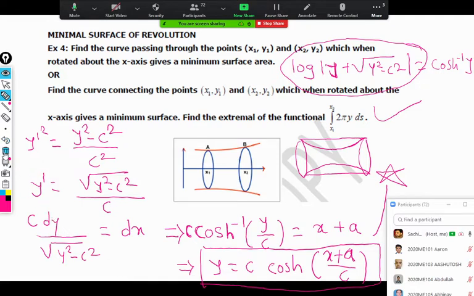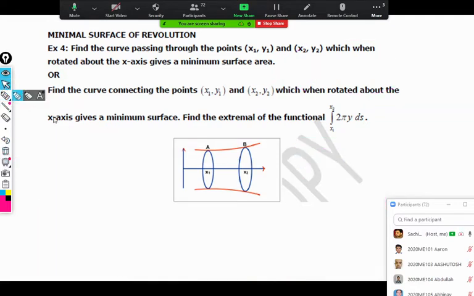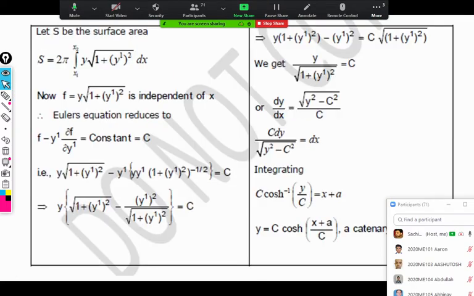So I will erase this because this is already a solved example. I have given each and every step in the solution. You can observe here, whatever we did, exactly the same things are there. This is the surface area formula that you have to remember. The surface area of any curve from the point x1 to x2 is given by this formula. This is the formula you should remember,